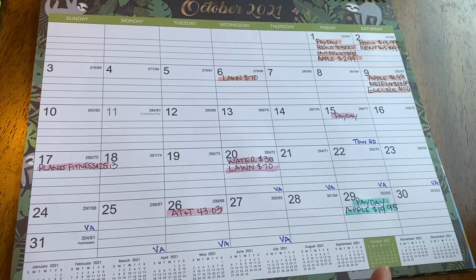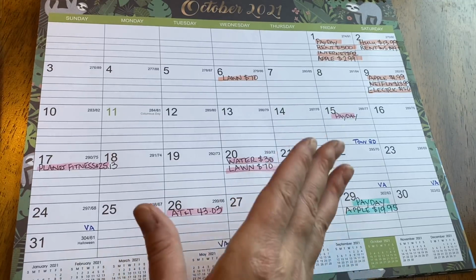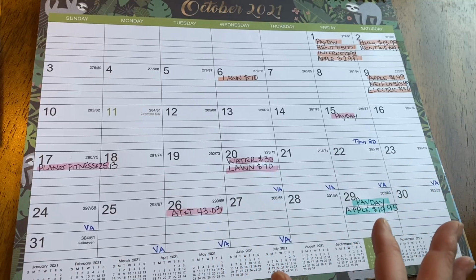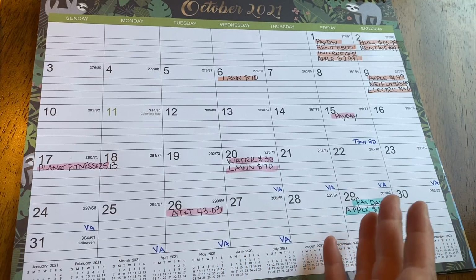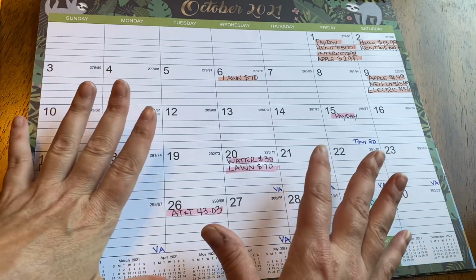I like doing it this way. I keep my calendar next to my recliner. There's a wall that sits to my left, or stands to the left, right? Because walls don't sit. But anyway, there's a wall right to the left of my chair, and I have this